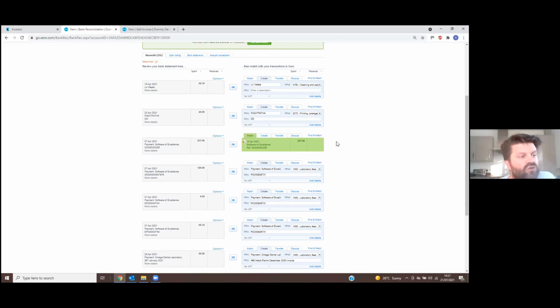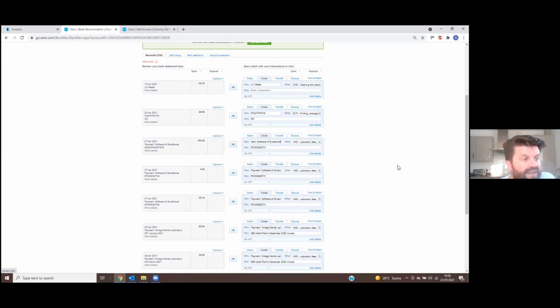It's also found an unpaid bill from Software of Excellence to that amount. So it's suggesting that that's a match. It still doesn't automatically link it, but it basically allows the human to come along saying, yeah, that's a match. And therefore, that bank line and the purchase invoice is now reconciled on Xero,